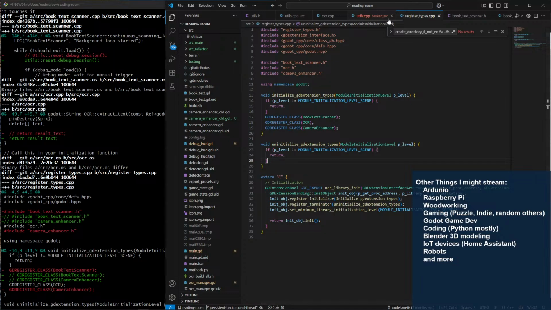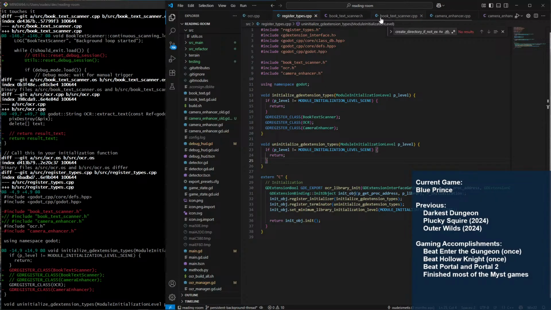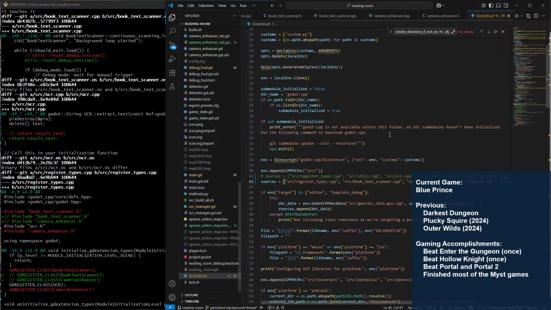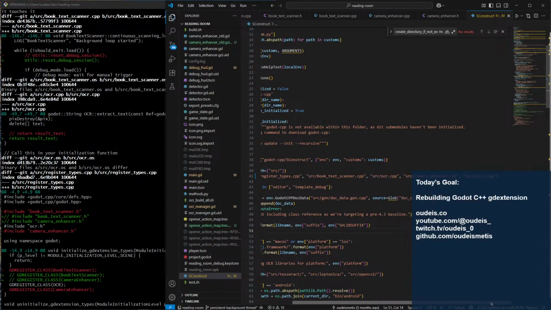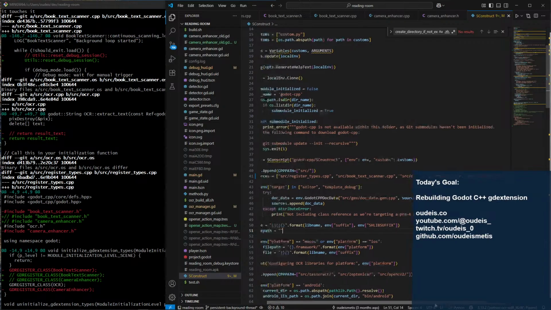First, while we're in here, let's close some things. This is fine. So we're able to bring in the C++ files. And we have them all, right?